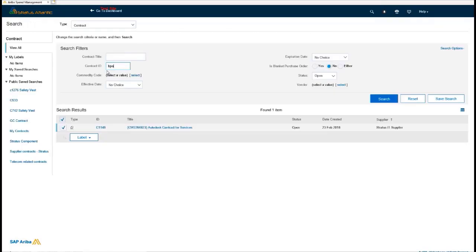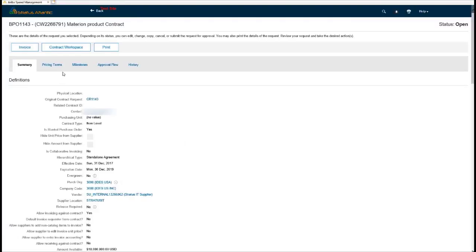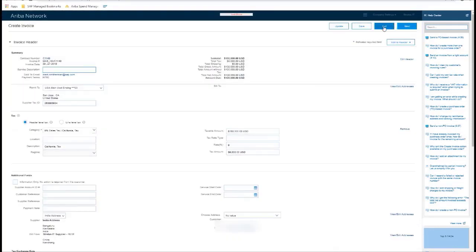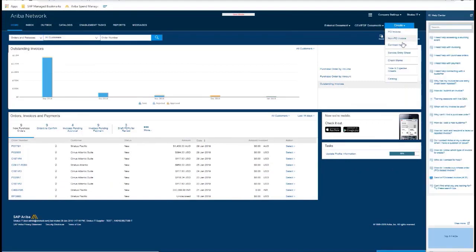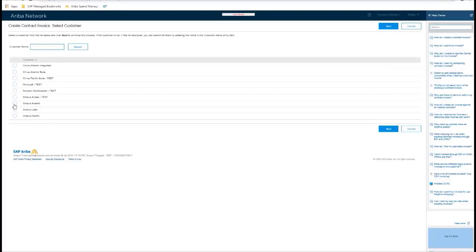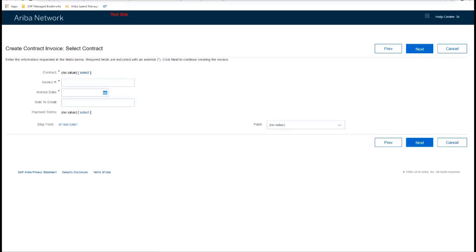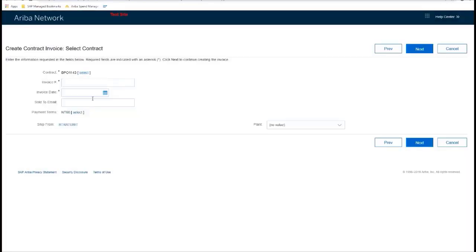So now we'll look at this BPO option, and I'm going to pull up a previous BPO that I'd used in life. Again, it looks the same. I've got some materials and services and fixed fees, monthly fees, right? Pretty similar in general when I do it from the supplier side. So when I exit out of this previous invoice I created, I'm going to show you both ways. When you don't do it as a BPO, they have to punch into your site and pull this up. But if you do it as a BPO, they have the option of punching into your site, looking for this BPO, selecting it,